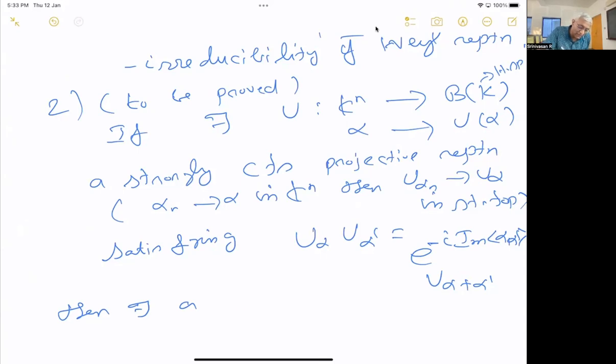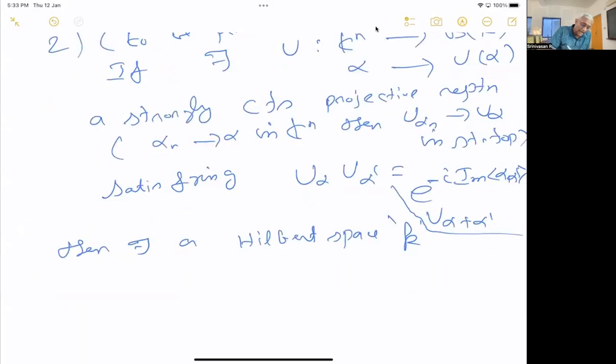Then there exists a Hilbert space small k, and a unitary V